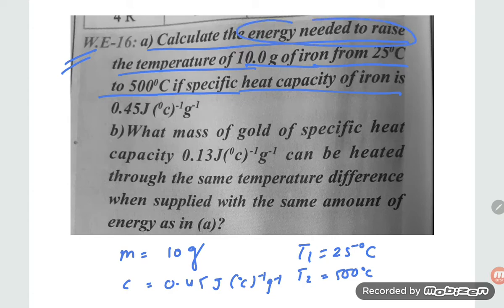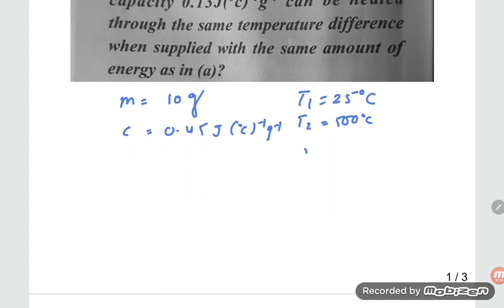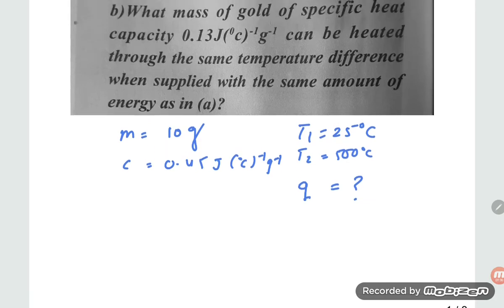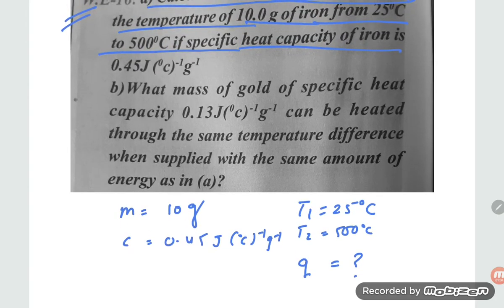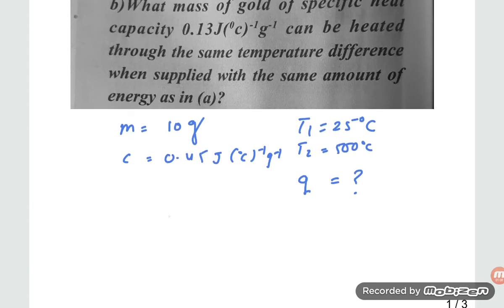So Q they are asking. Here they are asking Q, the heat, at constant pressure, constant temperature, constant volume. Let us try to solve it out. So what is Q equal to, student? Q is equal to CP dT,